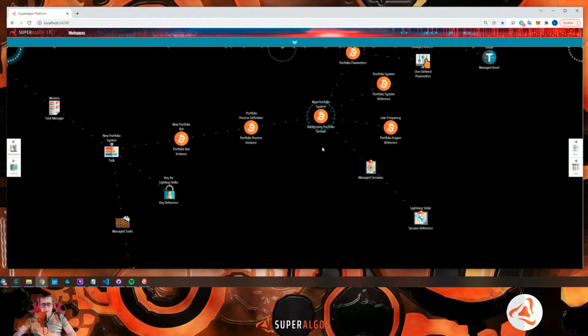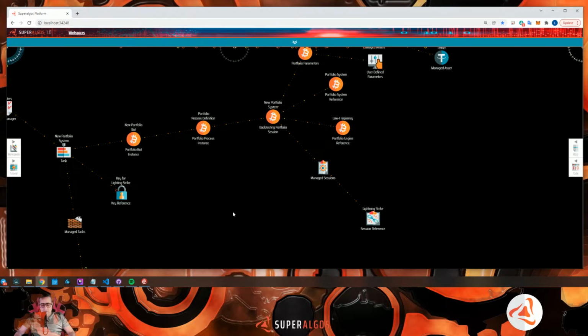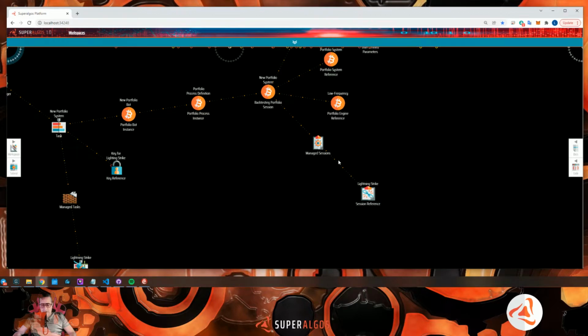These are like convenience features. If you're managing 50 trading bots, you would like to run all the tasks from one single point. But it goes a little bit beyond convenience,